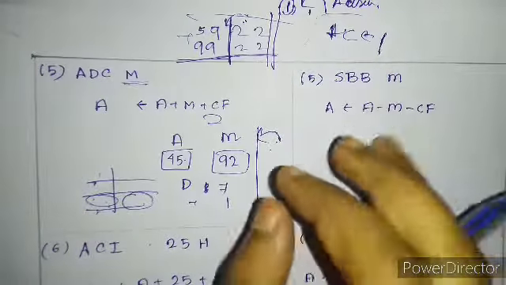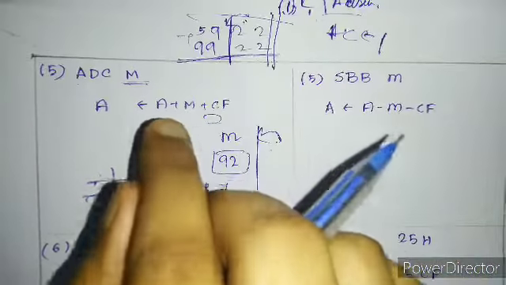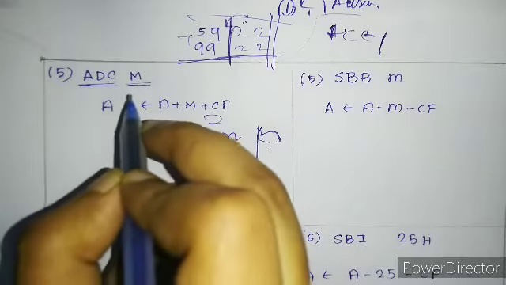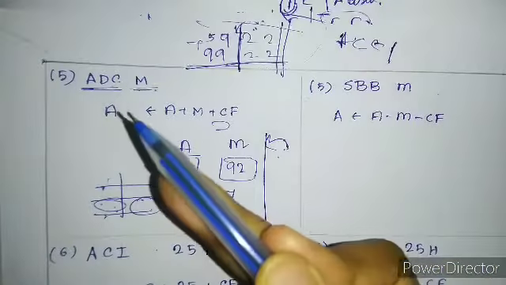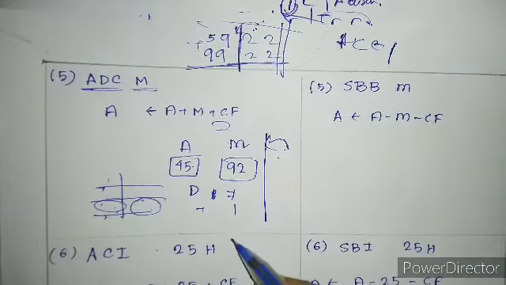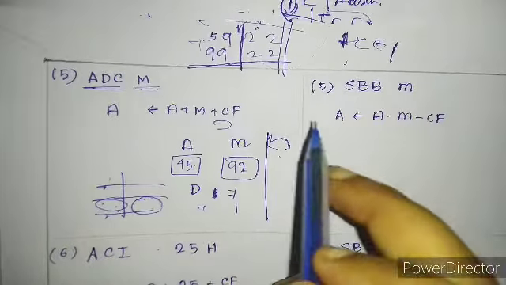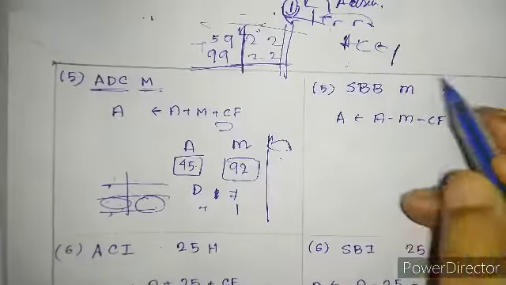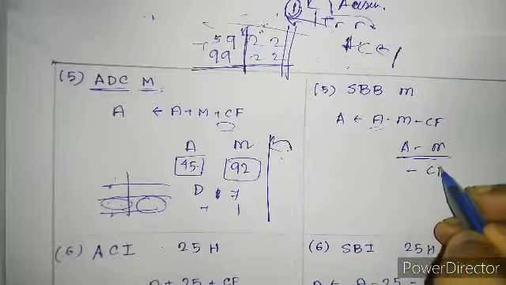It will not get calculated automatically. If we are applying this instruction and within this particular operation any auxiliary carry is being produced, only then will this instruction get applied. The same goes with SBB: you have to subtract the value of A minus M, then the value of the carry flag.